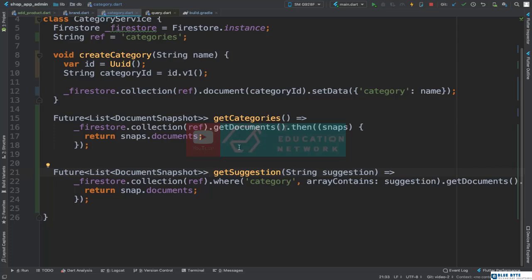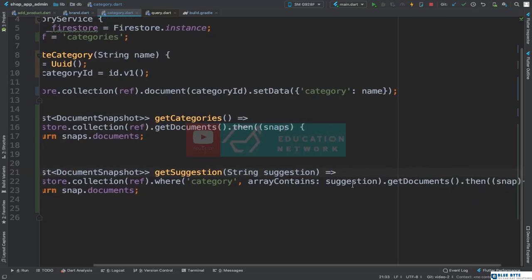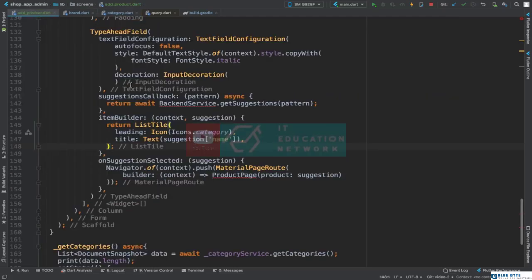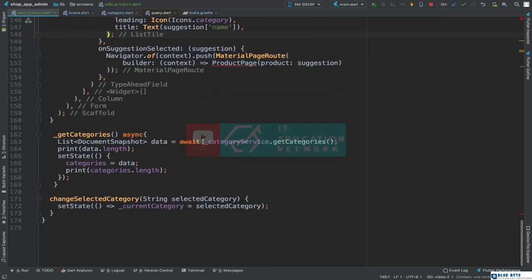Yeah, so what I was saying is the structure of this is quite the same, but here what we're doing, collection where category array contains suggestion, to make sure we have the suggestion we're providing. Then we want to get documents, and we want to return those documents. Perfect. Go back to add product, and